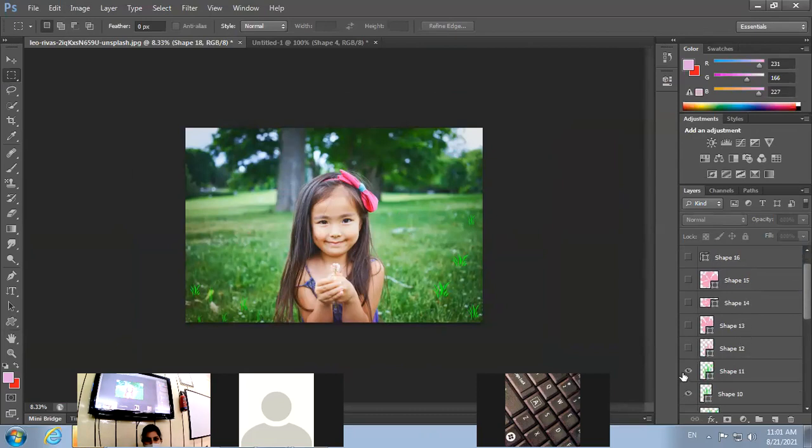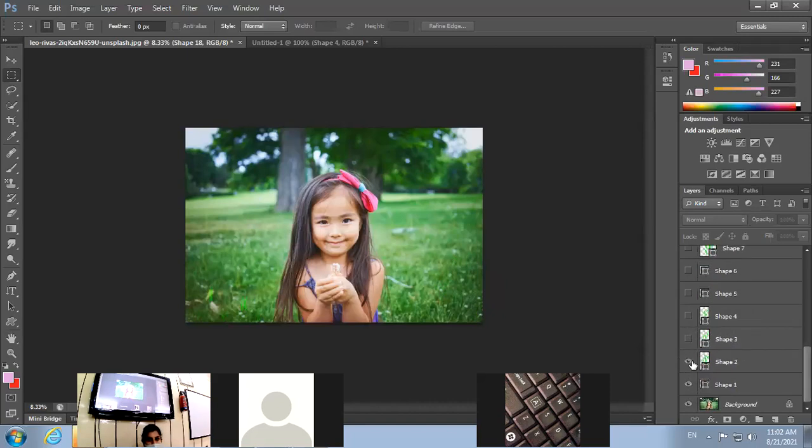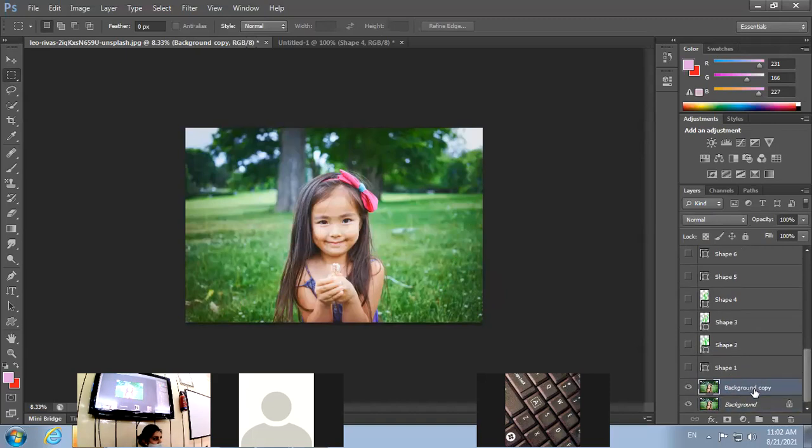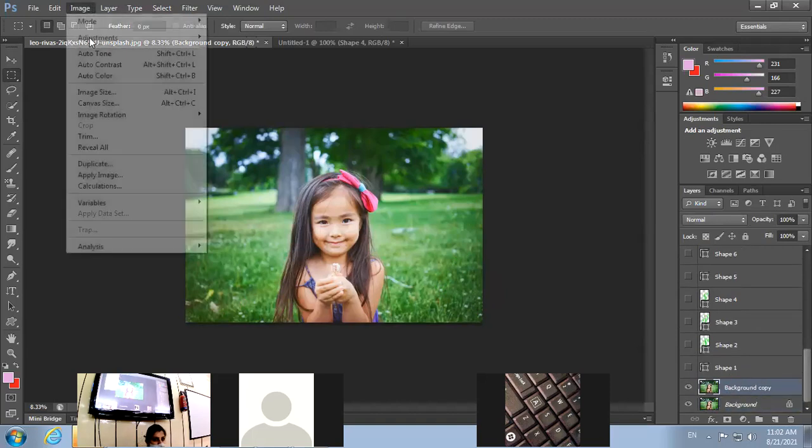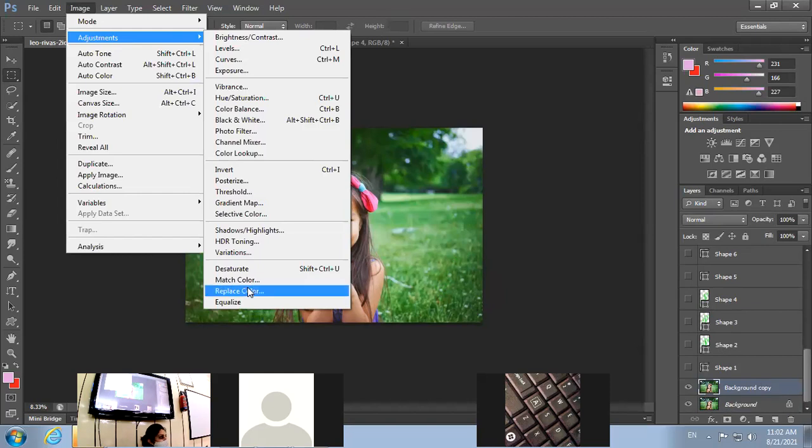So I'm unhiding all the shapes, right? This way you can view or hide any particular effects that you have applied. Now I'm going to make a duplicate layer for this, Control plus J. So this is the background, right? So, image adjustments. Then we chose the replace color option and changed the color of the image. Remember, we picked the pixels for the color we wanted to change to. So that can be used.